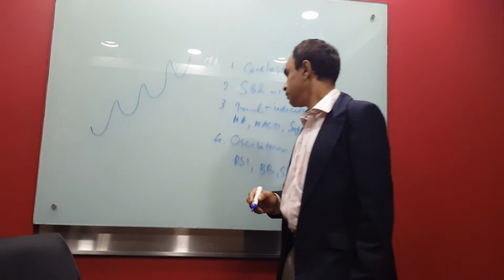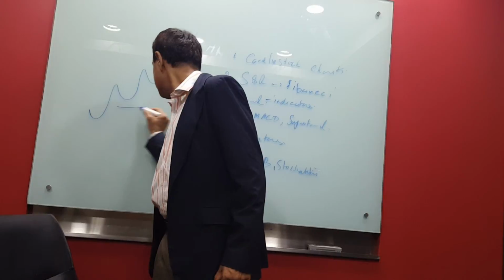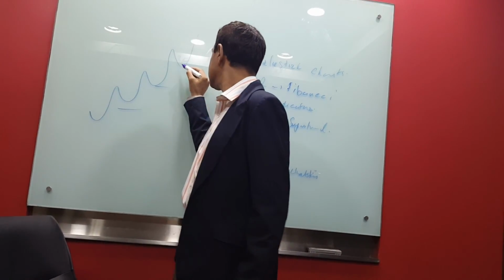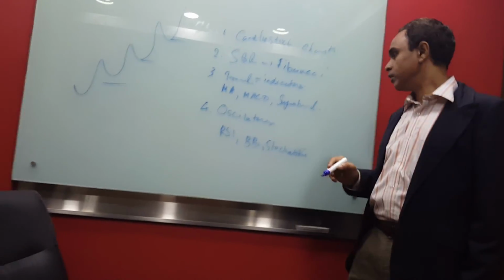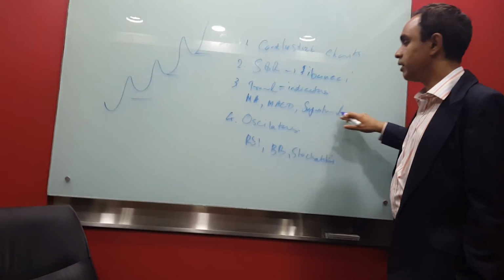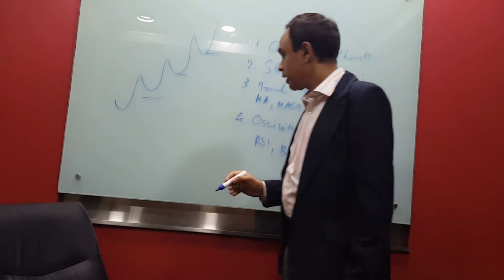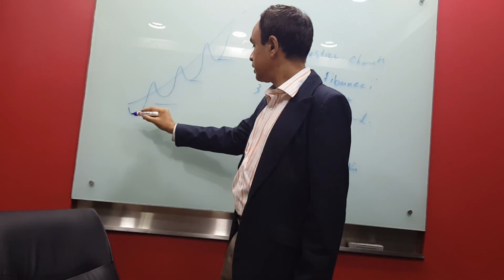Now what we have here, these are support levels. This is one support level, this is one support level, this is one more support level, right? And if you plot on this a trend following indicator like a moving average, you will get an upward slope something like this. So this indicates that we are in